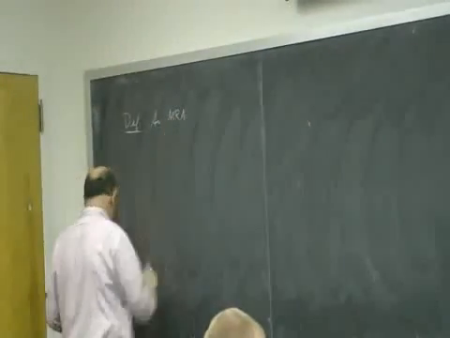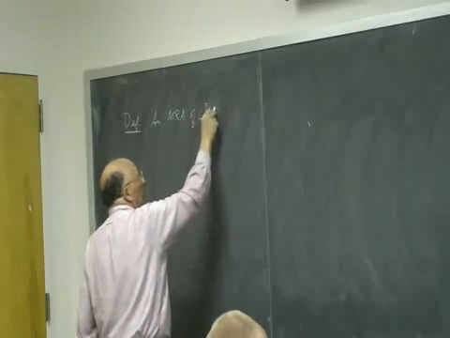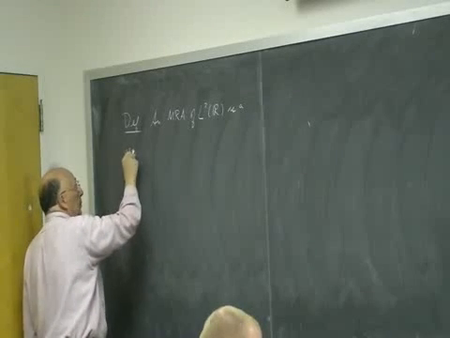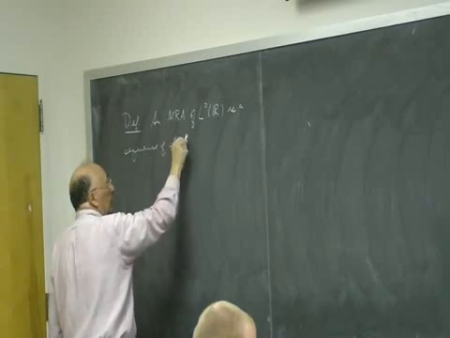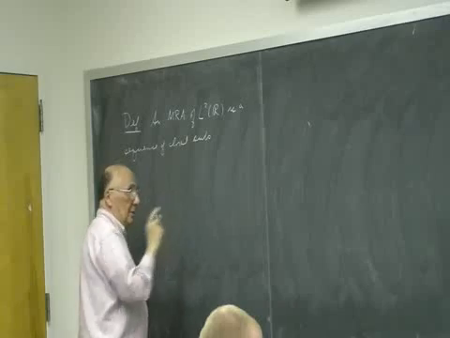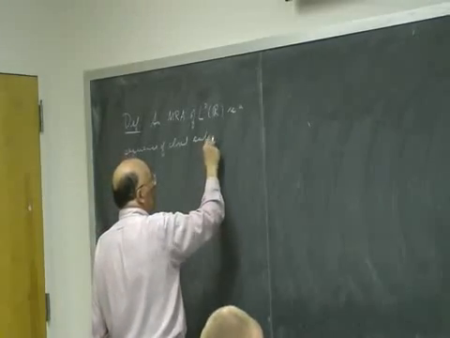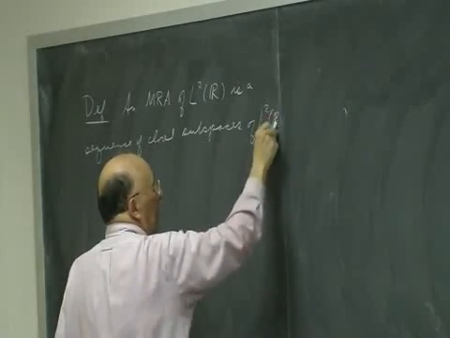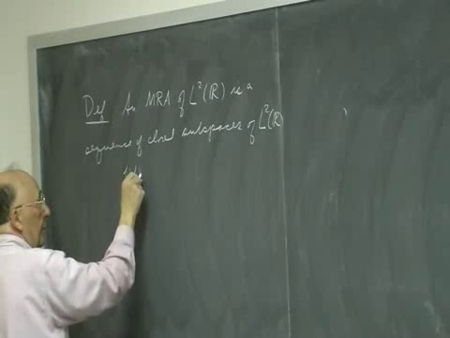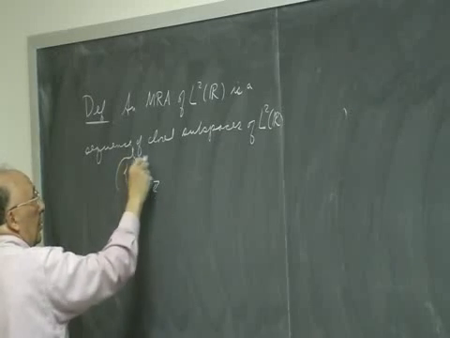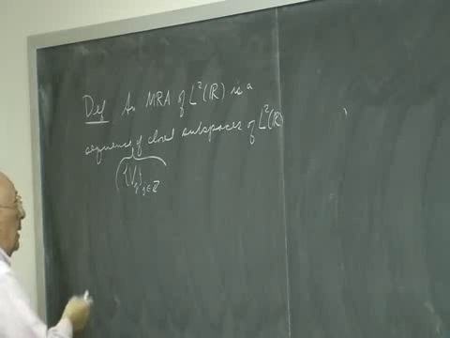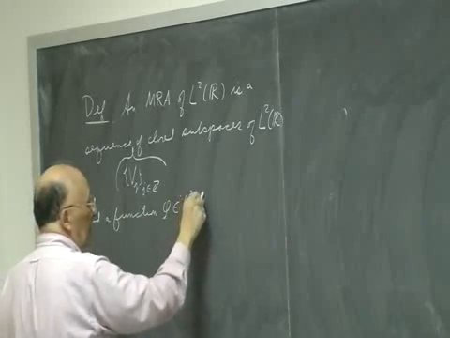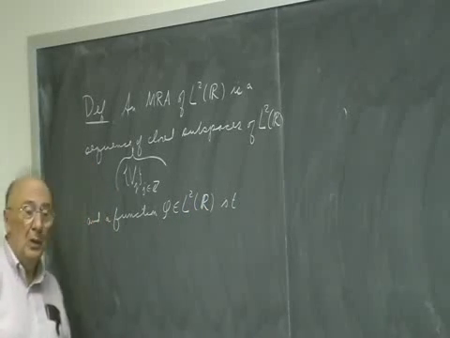An MRA, multi-resolution analysis of L2 of R, is a sequence of closed subspaces, by that I mean vector spaces, sub-vector spaces, linear spaces, of L2 of R, and we're going to designate this sequence by Vj, j in all the integers, and a function phi in L2 of R such that the following conditions hold. Namely,